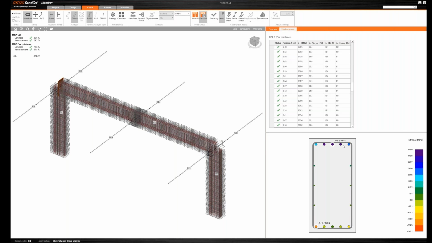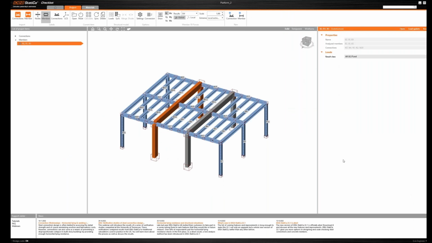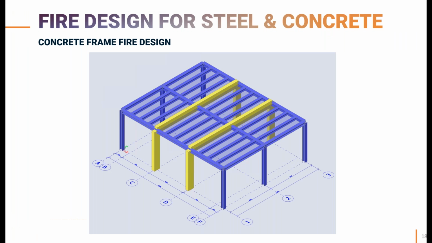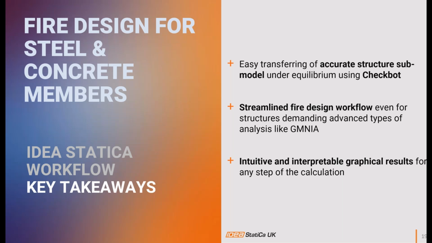So I can conclude this example. I can also close this example because we're running out of time. So I just need to save this back to Checkbot. The results of the calculations, of both calculations, are saved here. And then I can return back to my PowerPoint for my closing slide, where the key takeaways for IDEA StatiCa